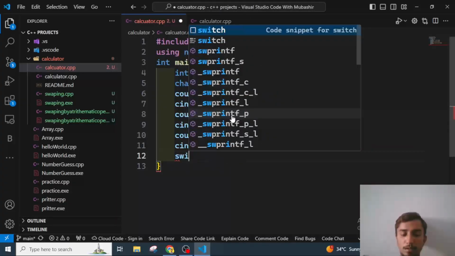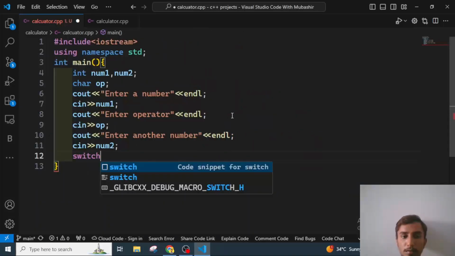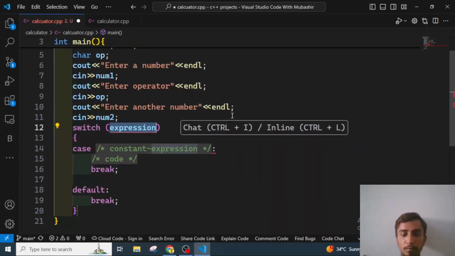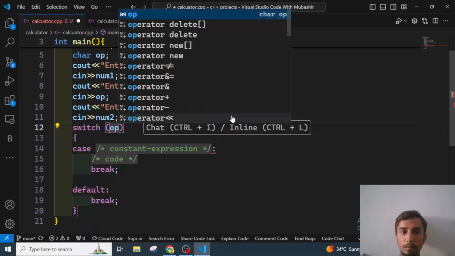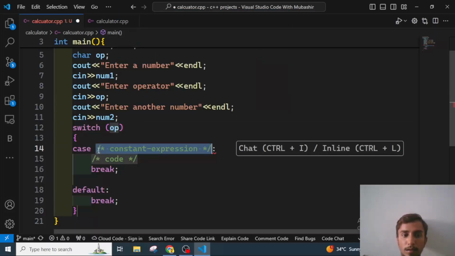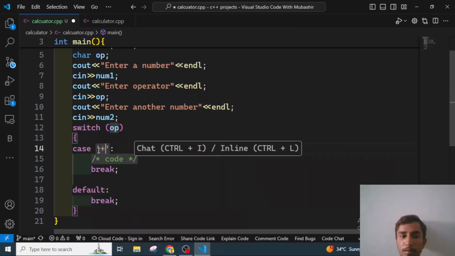Now we will use a switch statement. Make the screen a little bit bigger. Switch statement, and in the switch statement we will pass op, and first case. First case will be a plus sign,